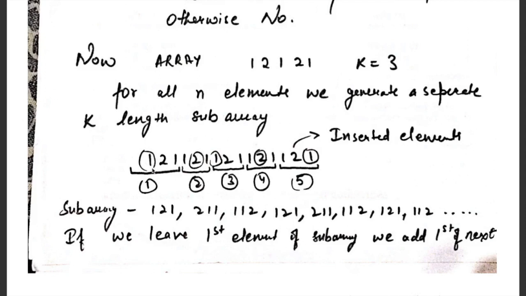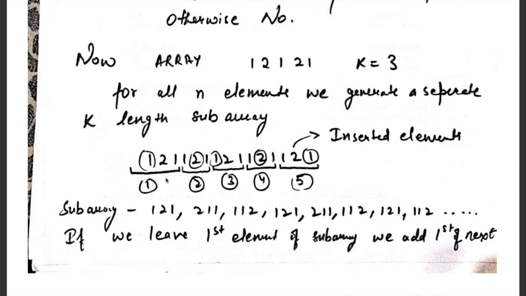That means their first digits should be equal. If we exclude the first digit of the first and include the second digit of the second, it won't affect our subarray. The number of elements and the type of elements will always be the same. That results in all our subarrays having the same sum. Now check whether our answer is at most 10 to the power 4. That is the constraint given by the question.